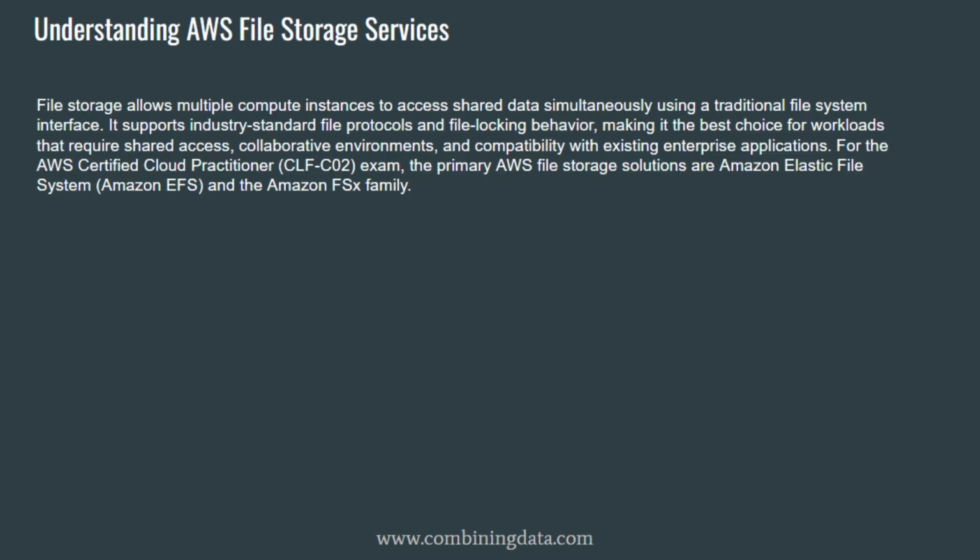When we talk about file storage in AWS, we're talking about storage that behaves like a traditional file system, the kind most people are familiar with from on-premises environments. File storage allows multiple systems to access the same files at the same time, using standard file paths, directories, and file permissions. This makes it ideal for shared data, collaborative workloads, and applications that expect a mounted file system rather